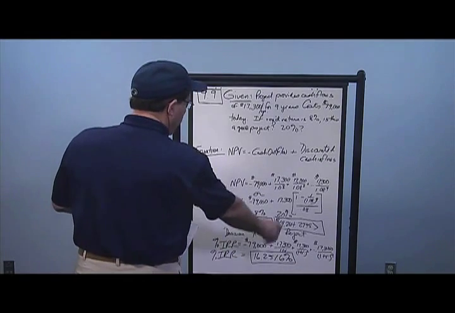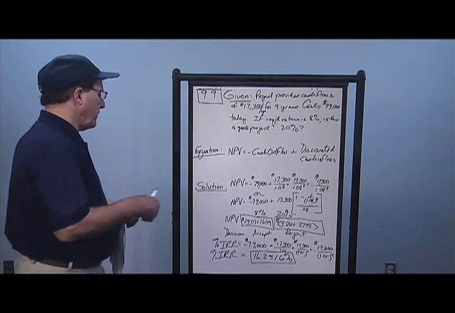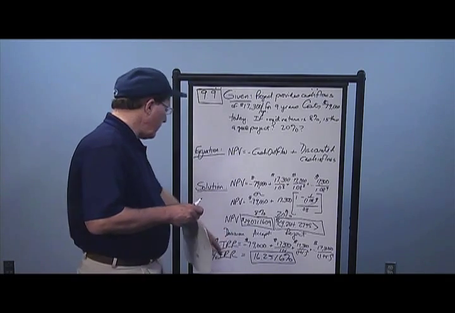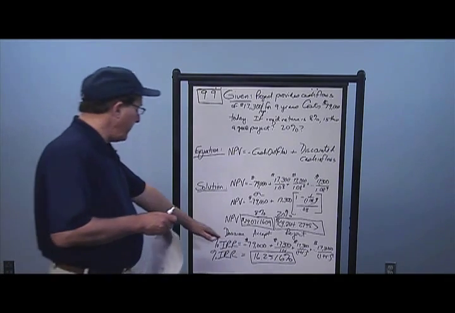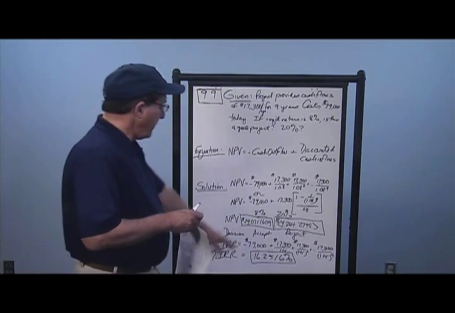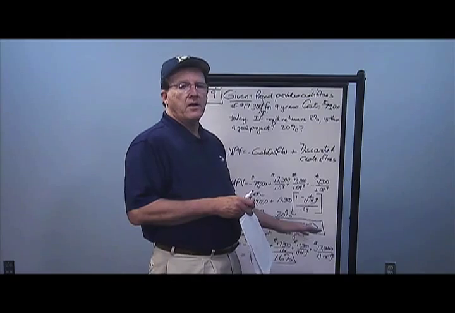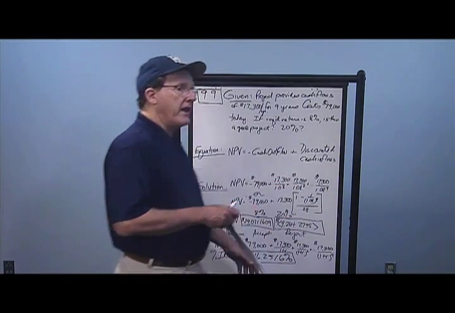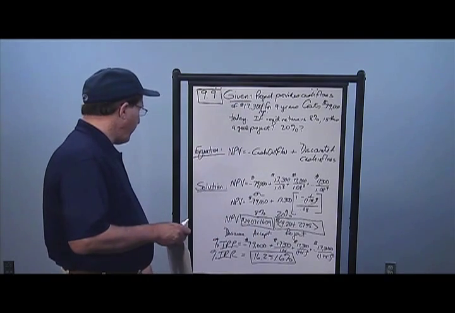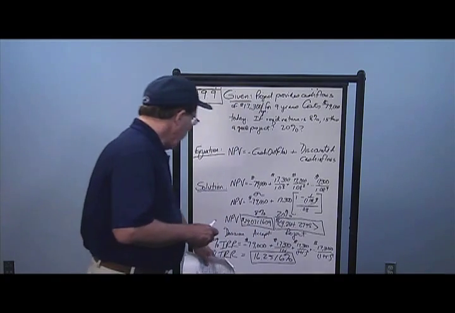And if I want to find the internal rate of return, which would split those two, I take minus 79,000, I should say NPV equals 0 equals minus 79,000 plus 17.3 over 1 plus r plus 17.3 over 1 plus r squared all the way out to 1 plus r to the 9th, and find out where the discounted cash inflows equals my cash outflow. And I get an internal rate of return of